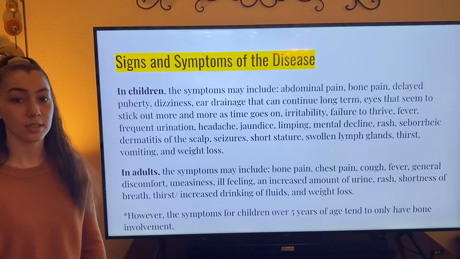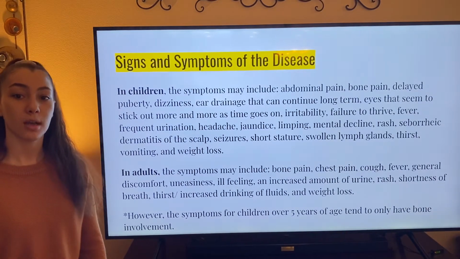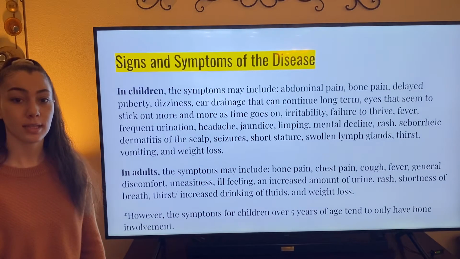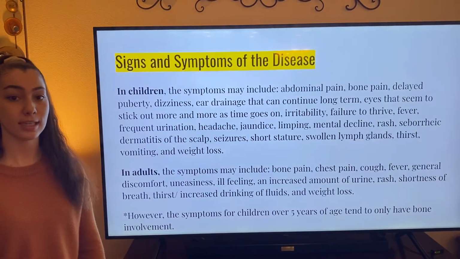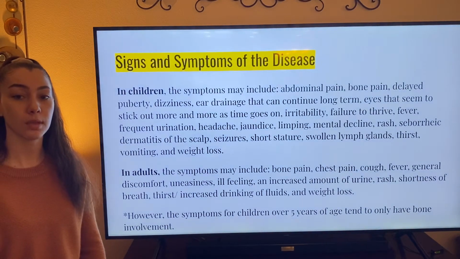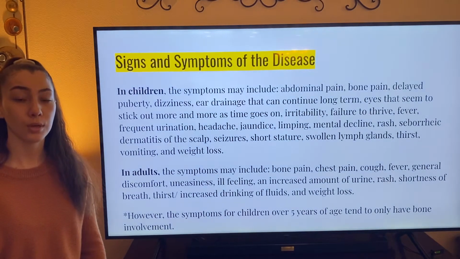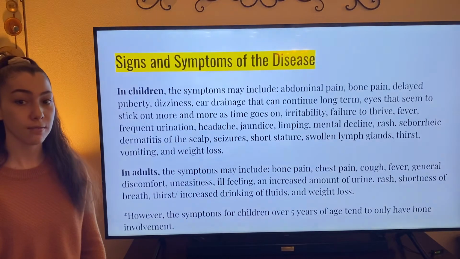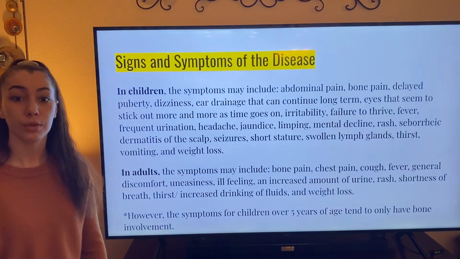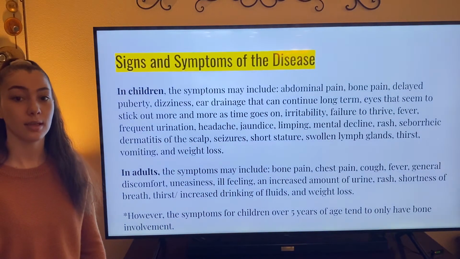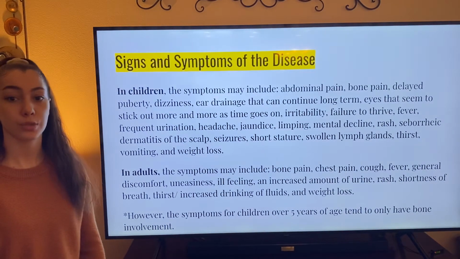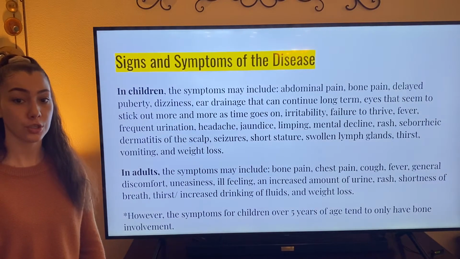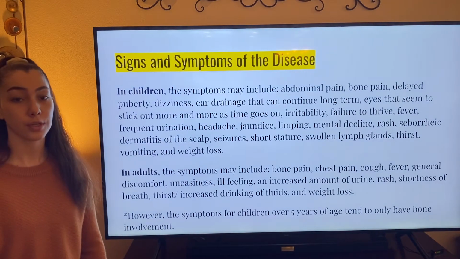But in children, the symptoms may include abdominal pain, bone pain, delayed puberty, dizziness, ear drainage that can continue long term, eyes that seem to stick out more and more as time goes on, irritability, failure to thrive, fever, frequent urination, headache, jaundice, limping, mental decline, rash, seborrheic dermatitis of the scalp, seizures, short stature, swollen lymph glands, thirst, vomiting,